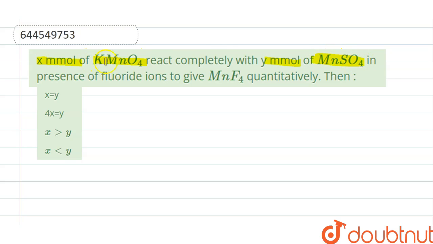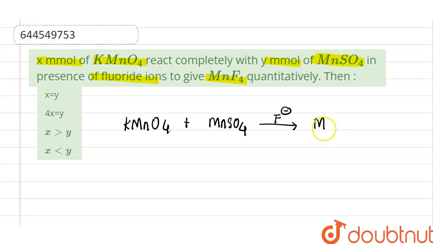Hello friends, the question is: when X millimoles of KMnO4 react completely with Y millimoles of MnSO4 in presence of fluoride ions to give MnF4 quantitatively. So when X millimoles of KMnO4 reacts with MnSO4 in the presence of fluoride ion, that is F minus, then